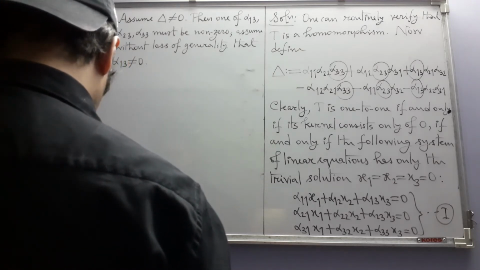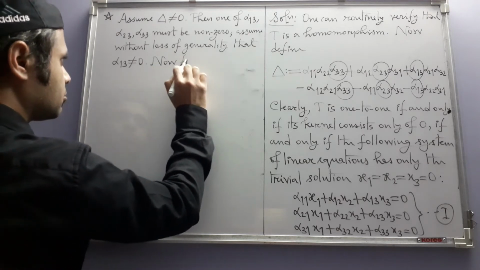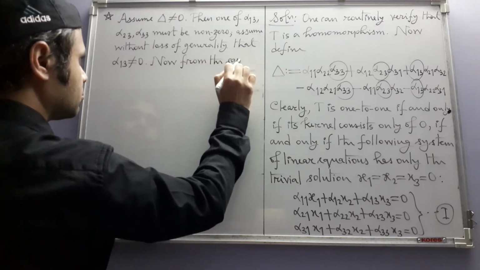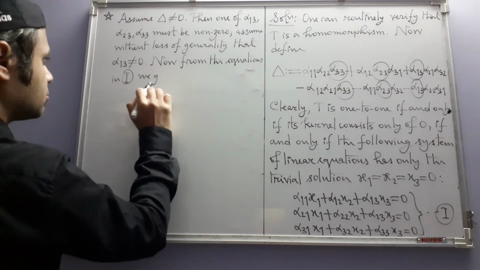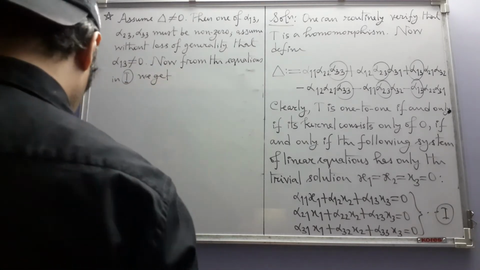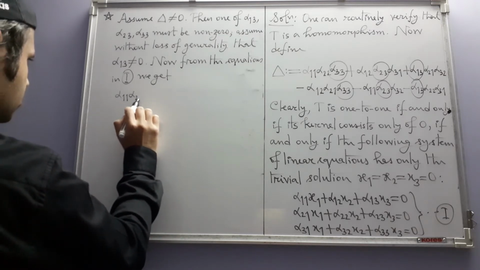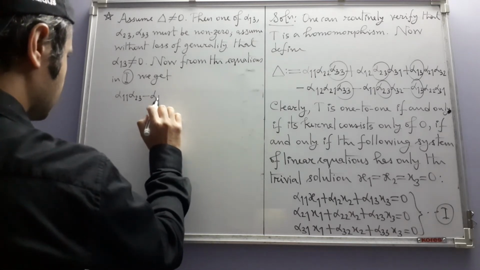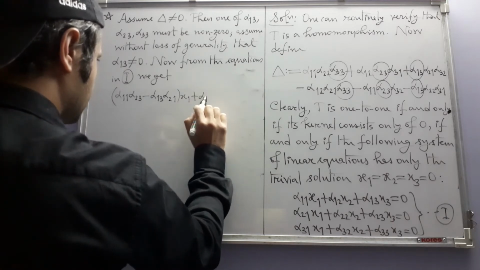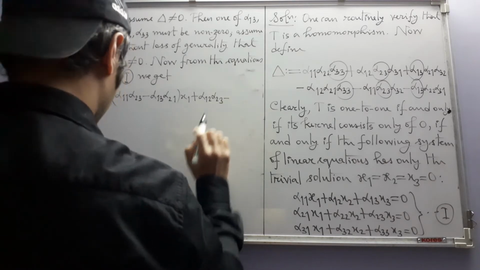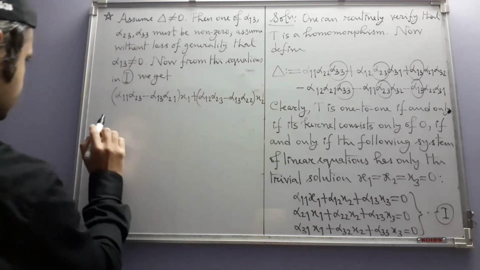Okay, now what do we get from that? Now from the equations in 1, we get alpha 1 1 alpha 2 3 minus alpha 1 3 alpha 2 1 x1 plus alpha 1 2 alpha 2 3 minus alpha 1 3 alpha 2 2 x2 equal to